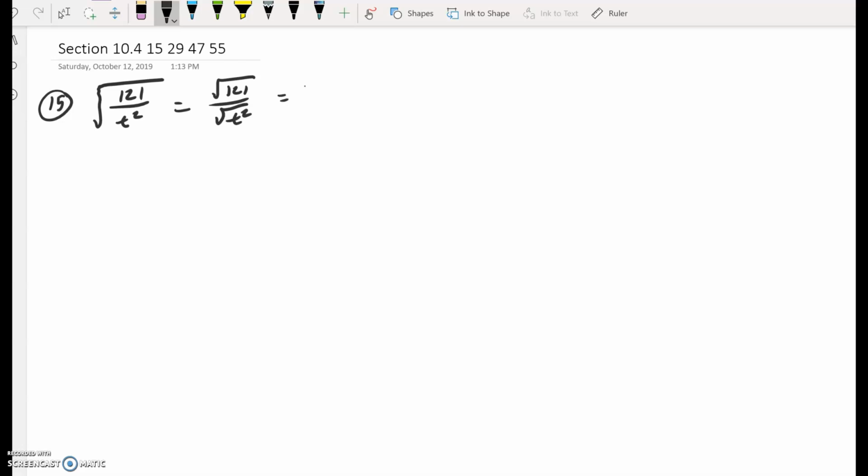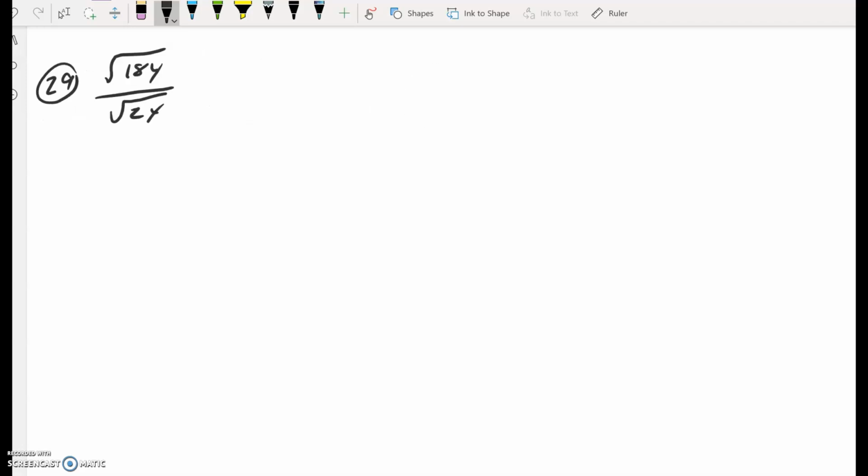This top, the prime factorization of 121 is 11 times 11, so it breaks apart into the square root of 11 times the square root of 11. The bottom one breaks apart into the square root of t times the square root of t. And we get 11 over t. And we're done. Here we're asked to simplify, and we could simplify by trying to rationalize the denominator, but notice